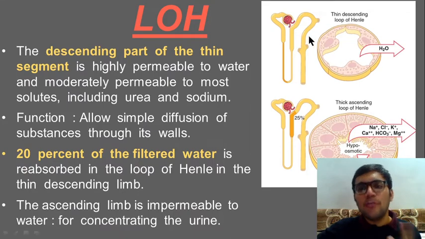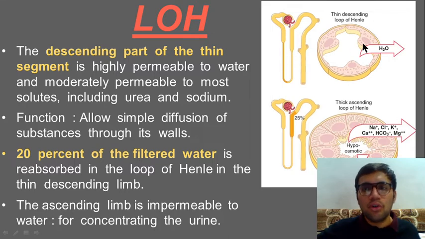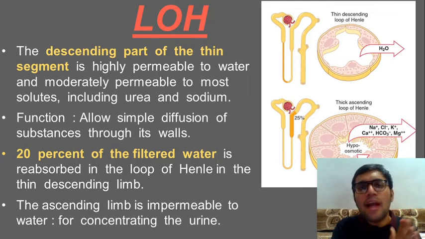You very well know that this is the entire descending loop of Henle, and then there is an ascending loop of Henle which is divided into thick and thin. Right now let's finish talking about the descending thin segment. Whenever I say thin, and there will be times when I say thick, thick means it is somewhere thick, as if getting good nourishment, and thin means you can understand it as malnourished.